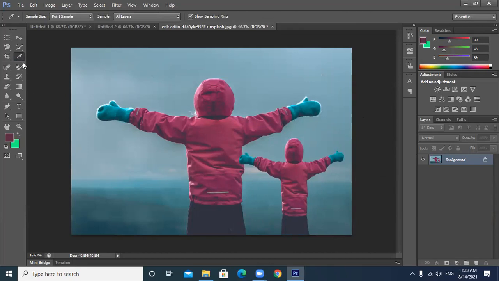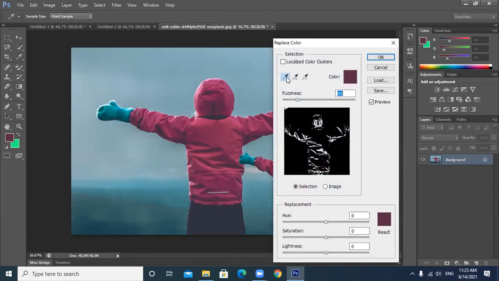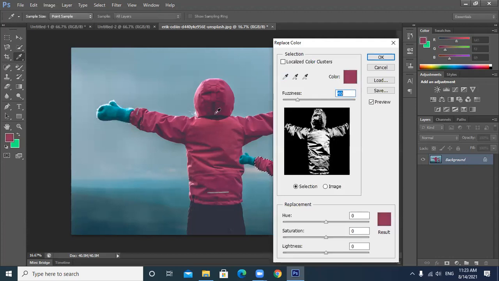Now I want to change the color of this. So firstly, once again, I'm going to select. I want to just change the color of the jacket. So going on to the image, adjustments, then replace color. Firstly, pick the sample pixel whose color you want to change. Plus, second wala hai plus, means all the variations of the color will be checked now. Lighter and brighter tones. ठीक है, यहाँ पे मैंने सारे sample pixels अपने pick कर लिए. Done. Now all the colors have been selected.